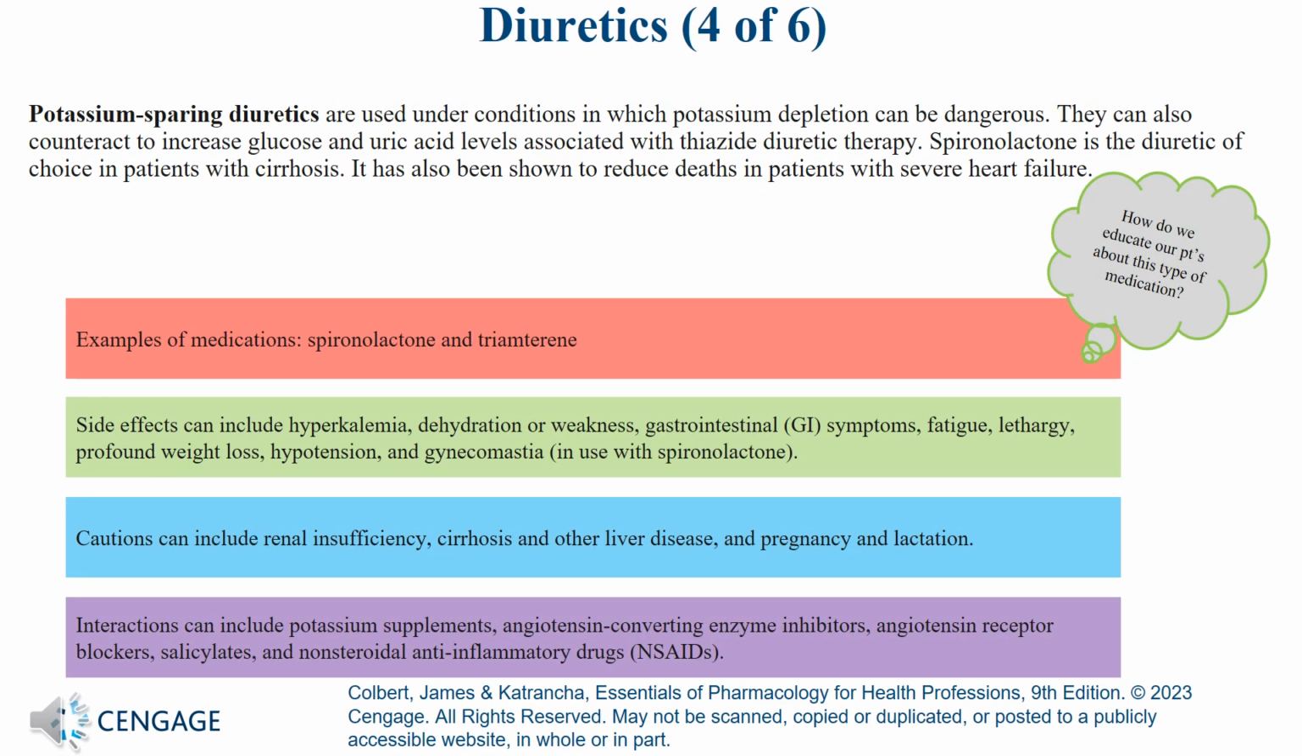Potassium-sparing diuretics are used under conditions in which potassium depletion can be dangerous. They can also counteract the increased glucose and uric acid levels associated with thiazide diuretic therapy. Spironolactone is a diuretic of choice in patients with cirrhosis. It has also been shown to reduce deaths in patients with severe heart failure. Your examples of medications are spironolactone and triamterene. Side effects can include hyperkalemia, dehydration or weakness, GI symptoms, fatigue,